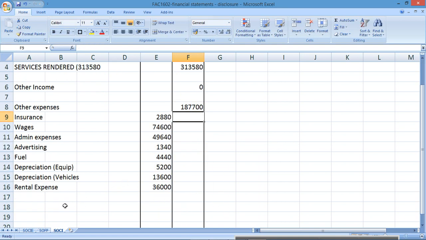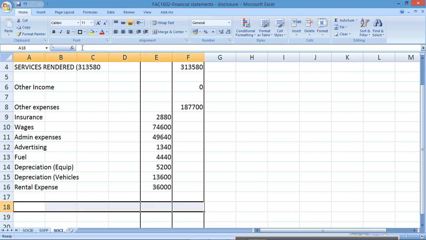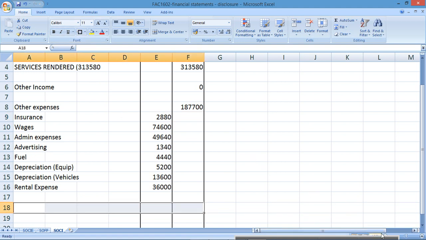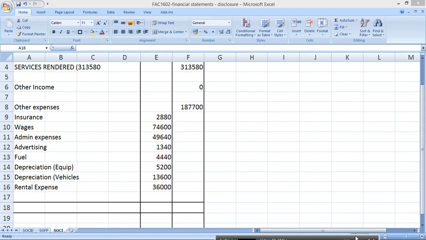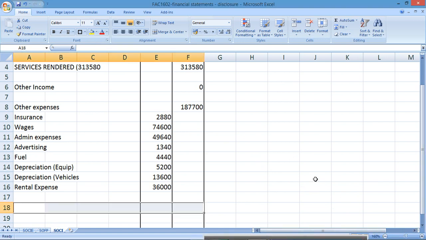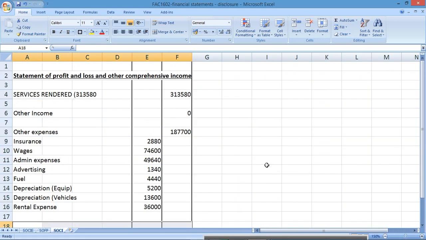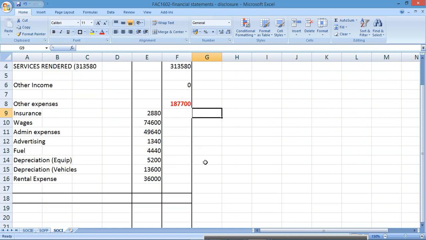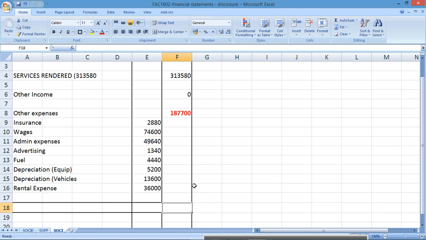Yes, and then that gives you a profit or loss, whichever is bigger. You have to say that minus that, and that gives you the profit or the loss for the year. What else must you remember with the expenses? This needs to be in a bracket. Do you agree? Yes, because it's negative. I'm just going to show it in red because I can't show that as a bracket. But then it's going to be 313,580 minus 187,700. Okay, profit or loss? Profit